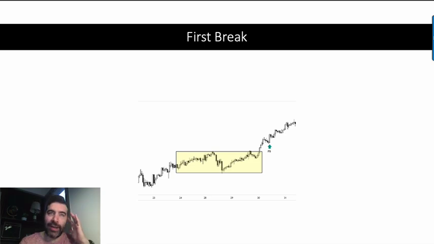Actually in his trading, I never saw him really taking those double dojis. He was a much more conservative trader than a lot of the methods that he spoke about. And this is another method that he spoke about, which is really the first break, it's called. And it's basically the first pullback of a trend.